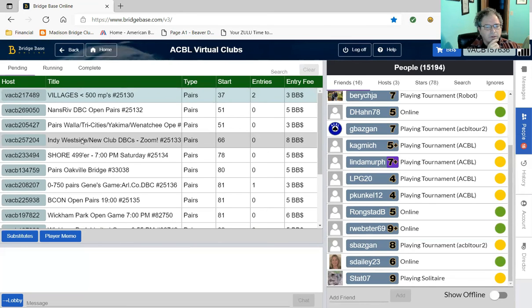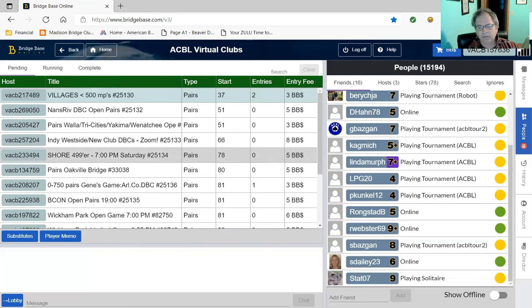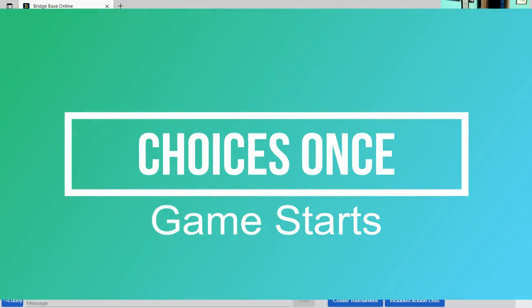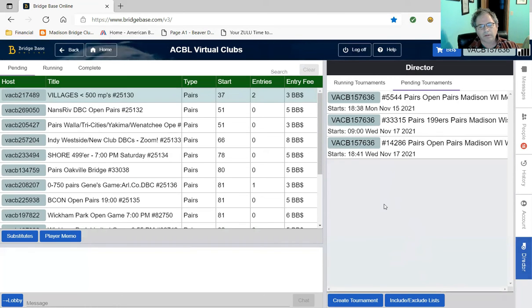And the other thing is, the thing that I can't show you here, if you go back to the director tab. When you click on this thing in a pending tournament, you only get, was it 4 or 5 choices? You get edit tournament, and so on. Once the game is running, you get about 12 choices